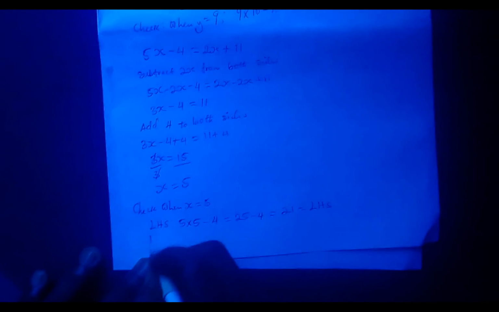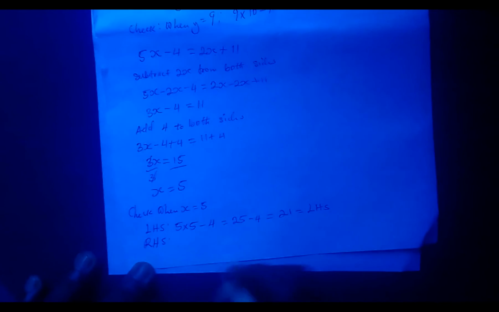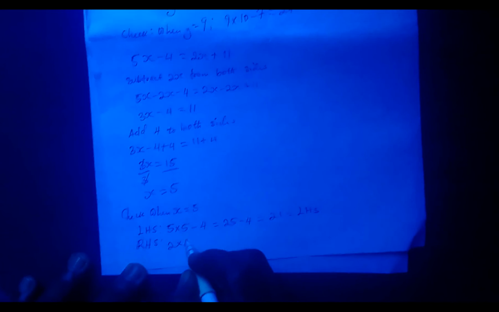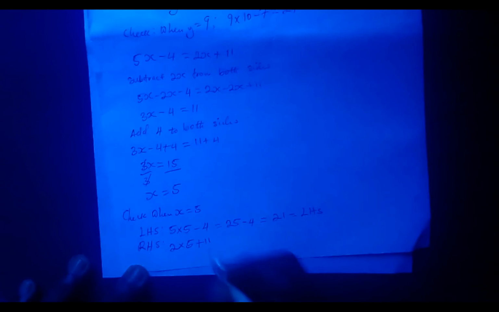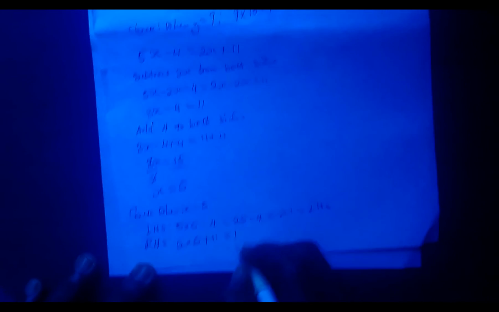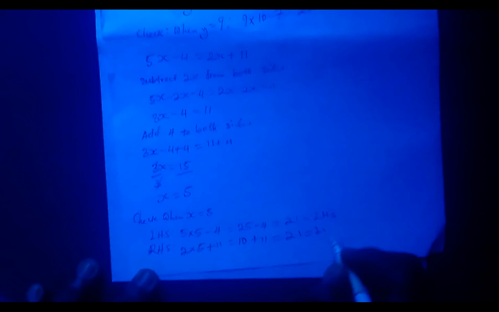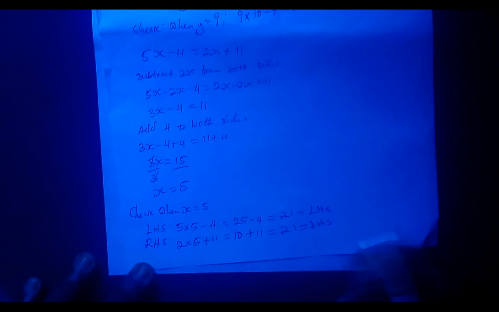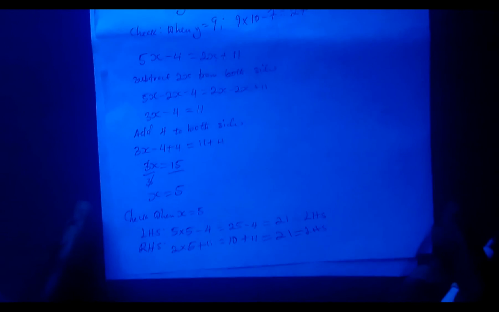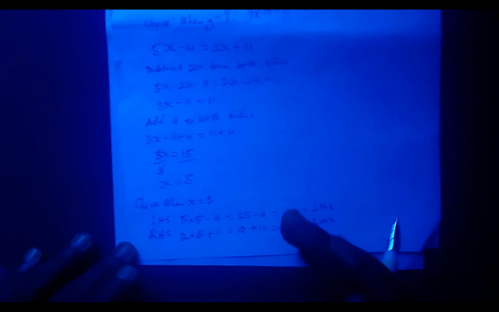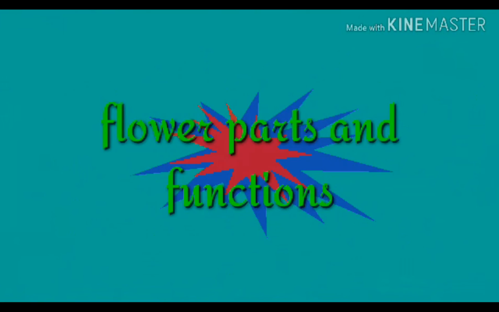On the right hand side, we say 2 times 5 plus 11, which is 10 plus 11, and we also have 21. So both sides of the equation are equal. So what is here now is when you are trying to solve equations, try your best